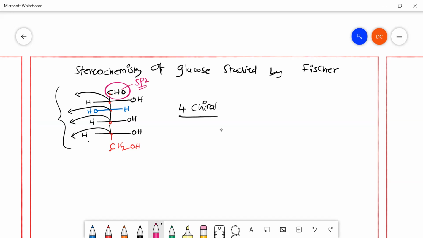Okay, sp2. Why will this CH2 group not be chiral? 2 hydrogens are there. Two same groups are there. So asymmetry is not there. Only carbons with four different groups are considered chiral. So only 4 chiral carbons are there. According to that, 2 power 4, which is 16. So there will be 16 possible